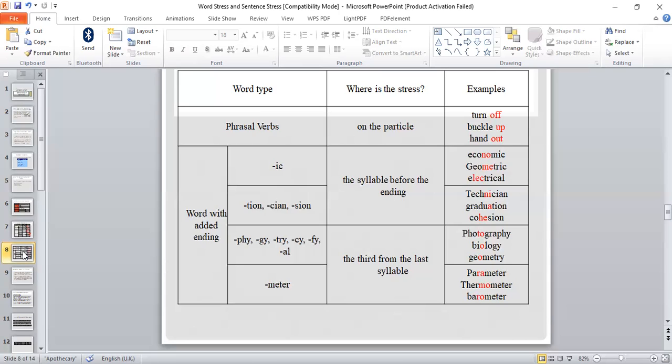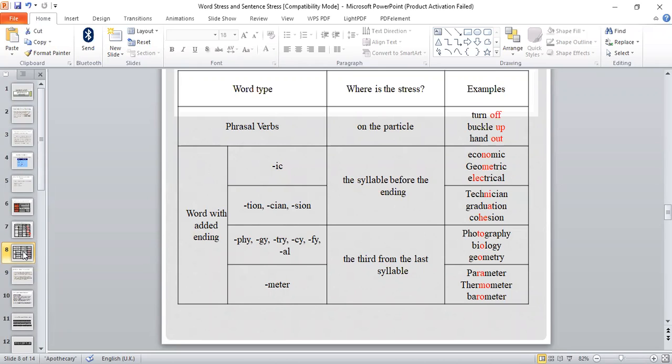And then if you have words ending with PHY, GY, TRY, CY, FY, and AL, you see that it has been said that the third syllable from the last, that is, when you are counting from the end, you count backwards. The third one will give you the stressed syllable. So you can see in words as